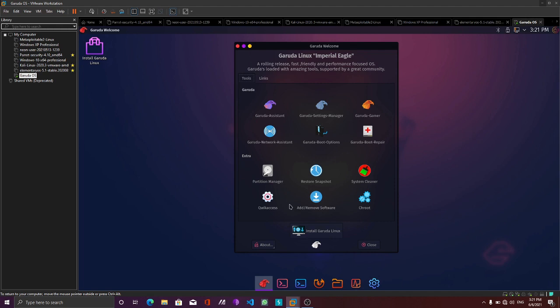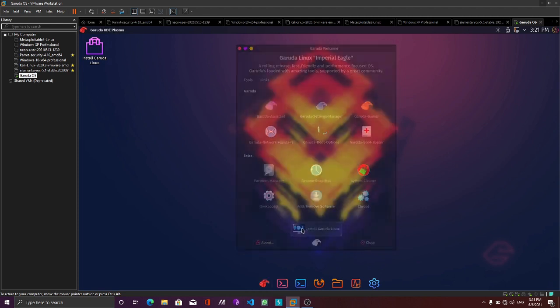Okay, so once the booting process is done, you will see the desktop environment of the Garuda OS. So now you need to click on the install Garuda OS option.